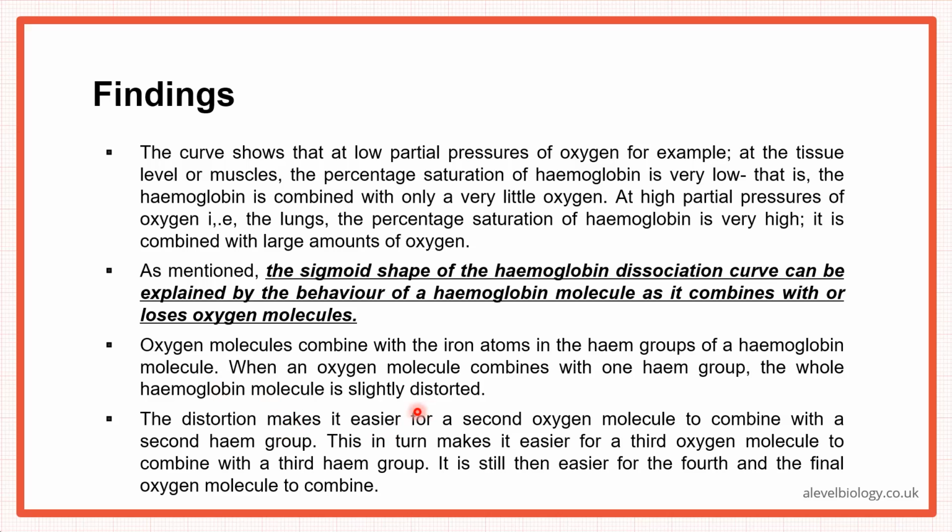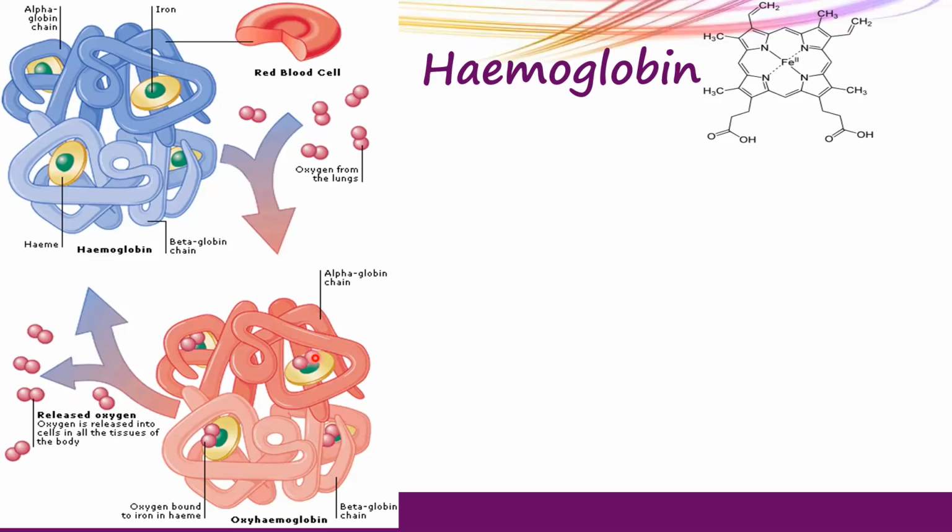Now what happens because of that? This distortion makes it easier for the second oxygen molecule to combine with the second heme group. So have a look here at oxygen molecules as they bind to hemoglobin. This is the original hemoglobin, and this is the prosthetic group, which is the heme group. As the first oxygen molecule binds to the heme group, it brings about a change in the shape of the molecule. You see that these prosthetic groups are buried deep inside, so oxygen does not directly go in and bind. When oxygen binds to the first one, it brings about a distortion in the shape of the whole molecule. Then it becomes easy for the second oxygen molecule to bind to it.